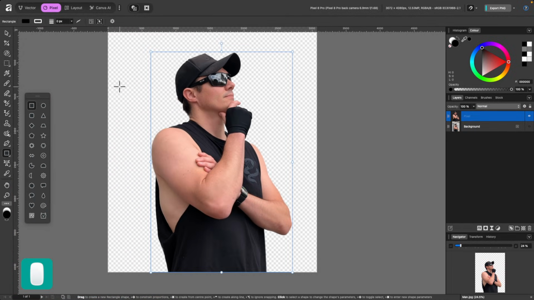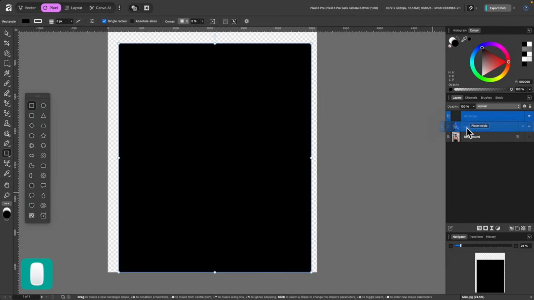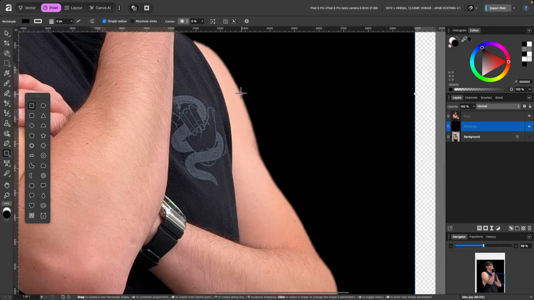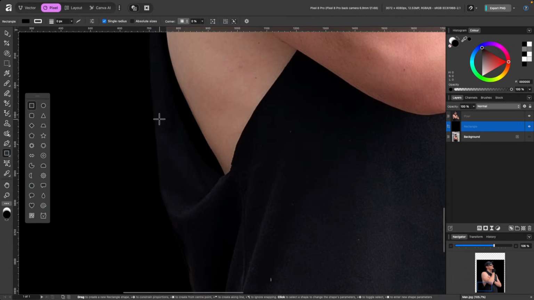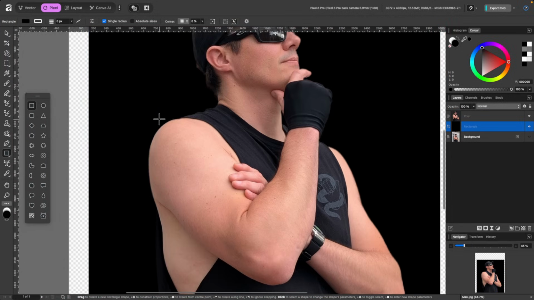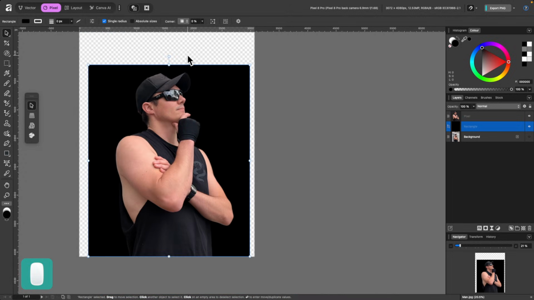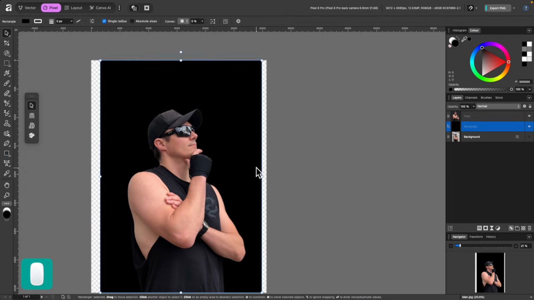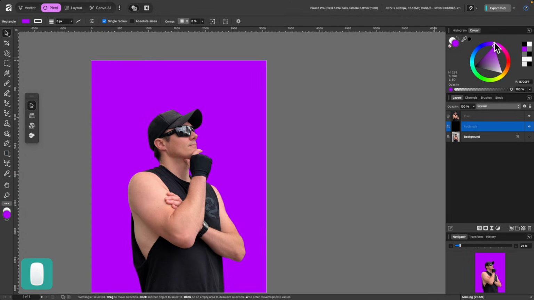And if I go ahead and create my black background now, just like I did before, and place it behind, you'll see some of the problems are no longer there with the jagged arm. This part down here is kind of blending in a little bit nicely with the background. And everything looks pretty good. Okay, so I'll make a few changes to the background here, and maybe I'll apply a different filter on the man. So I'll just change the color of this to something a bit more bright.